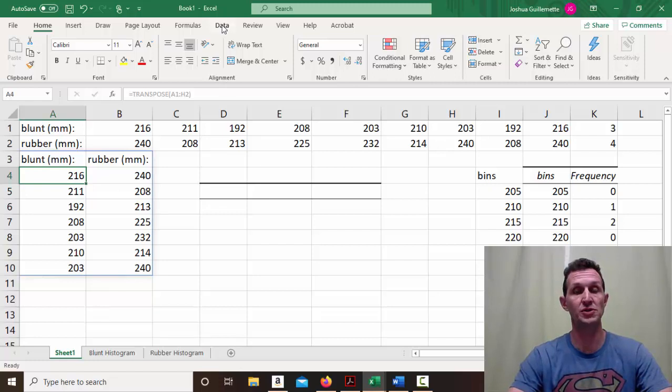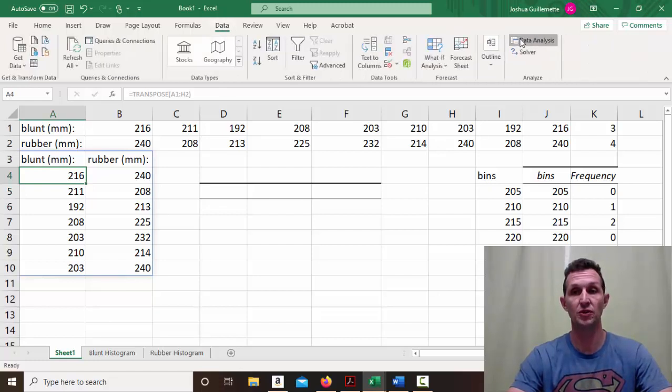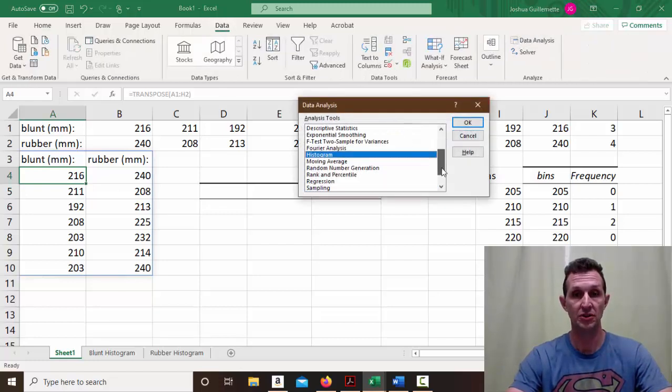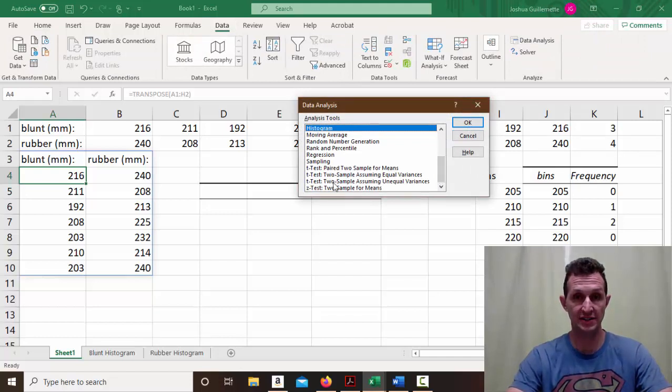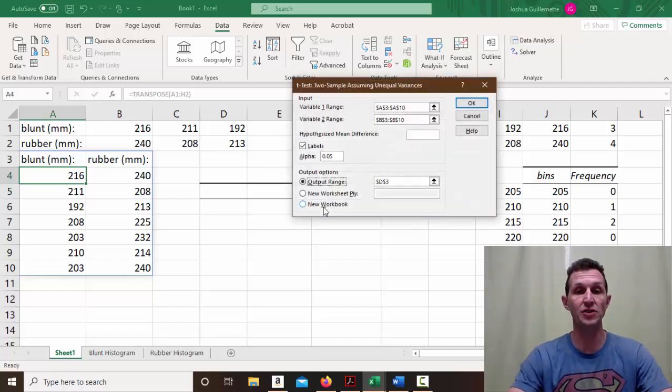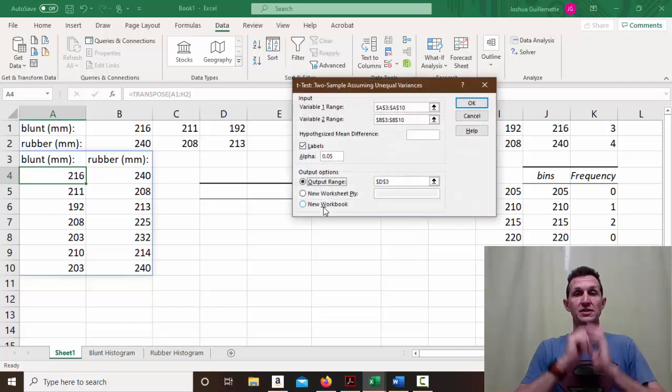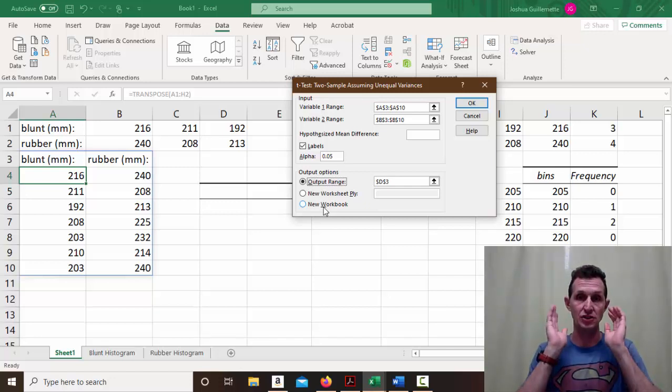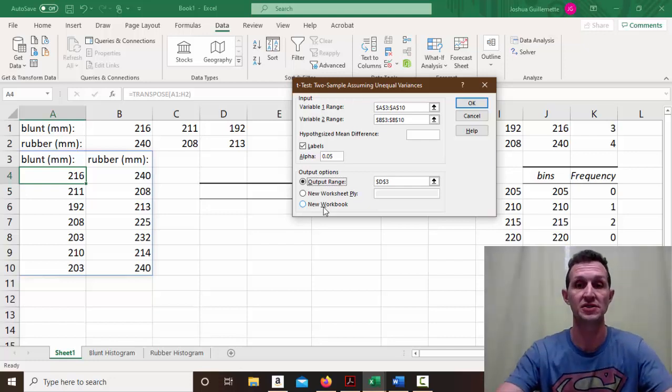And now I'm going to take the data, go to the data analysis toolpak, and scroll down to where it has t-test. We're going to see a t-test: two-sample assuming unequal variances. It is always okay to assume unequal variances. It is never okay to assume equal variances. Unequal variances will always work even if the variances are equal. Equal variances will not give you the right thing unless you do have equal variances. So that's really important to know.